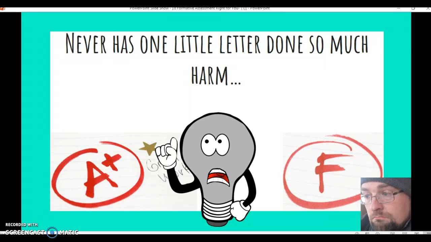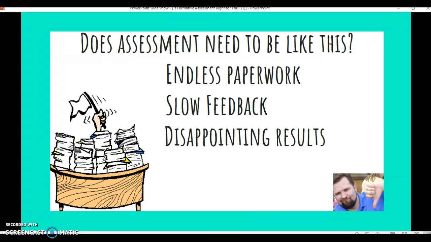Now, of course, you look at this, and we've used letter grades forever. How does it do harm? Well, it shifts kids' perspective toward being a completion perspective kind of thinker. And that makes them focused on the grade and on getting things done instead of actually learning.